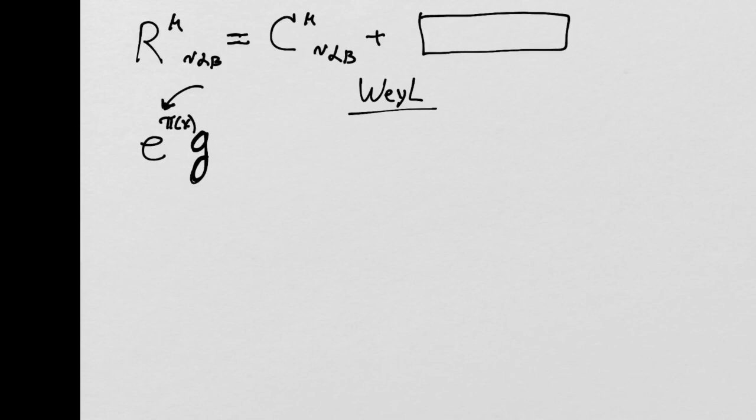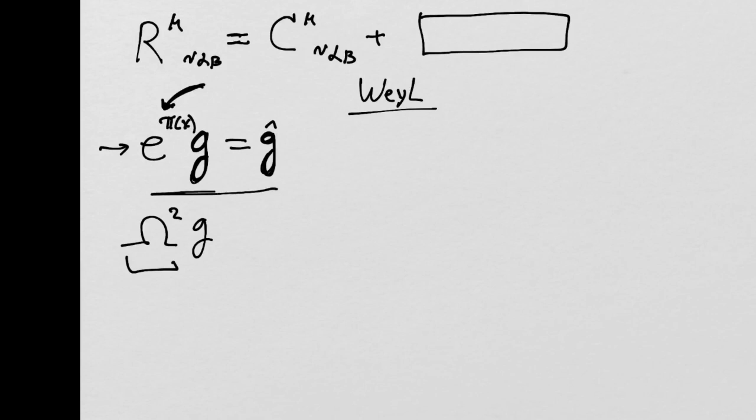The e keeps everything positive, so no matter what the sign of this arbitrary function pi of x is, this guy's positive. Another way of saying it often is omega squared g. So this omega squared is always positive. We're actually going to use this form. But if I take g and create a new metric that is conformally related, then